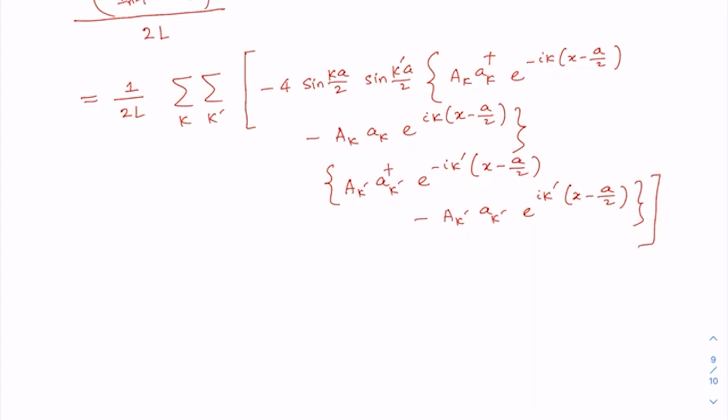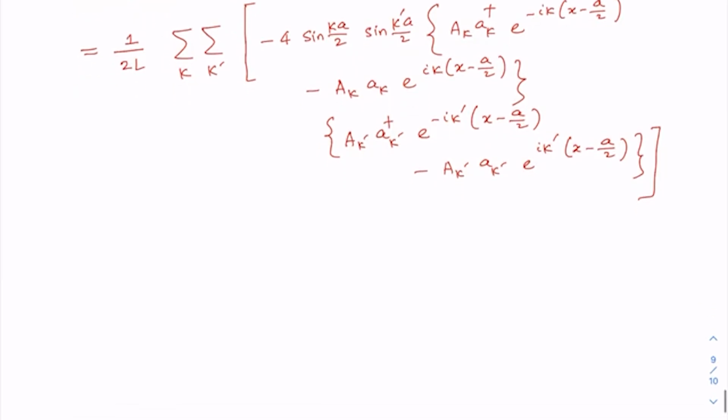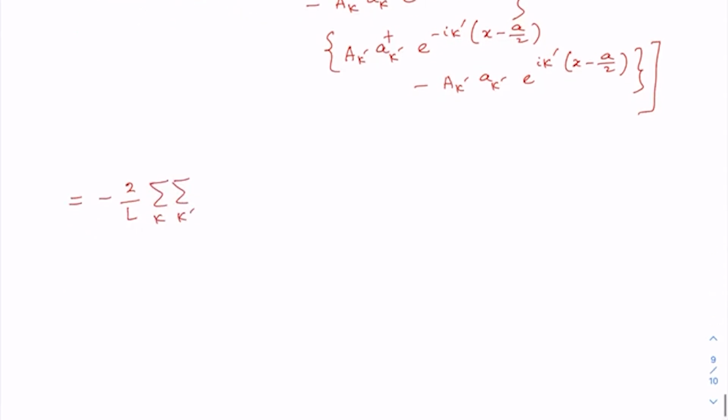Now let me expand it. Okay, let me do it. What I will have here is minus 2 by L, sum over k and k dash, sine(ka/2) sine(k'a/2), and in the bracket I will have a_k